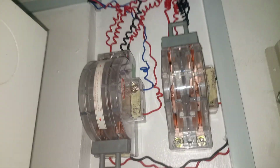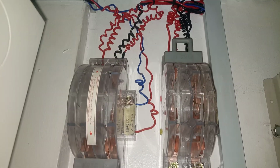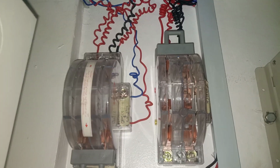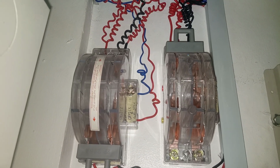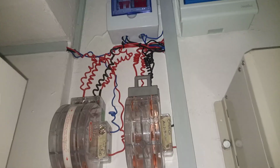And when you look at this changeover, we use 2 changeovers to achieve interlock connection in such a way that when utility supply is working, an inverter will not be powering the house, and when the inverter is powering the house, the utility supply will not be powering the house. So we use it to achieve that interlock connection, and this is how we connected